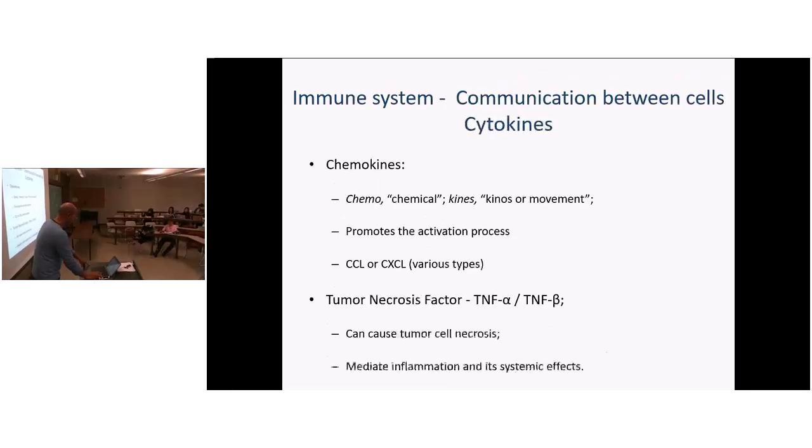The next one is the same. When I say chemokines, it's just a different name that is given. They have different kinds like CCL, CXCL. So these are types of chemokines that do just the same. At the end of the day, we're not going to go into the specificity of all of those. But when you hear interferon, interleukin, tumoral necrosis factor, this is central to how the immune system works and how they communicate with each other. Does that make sense? Nice.